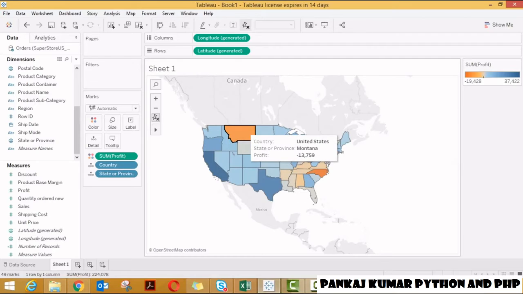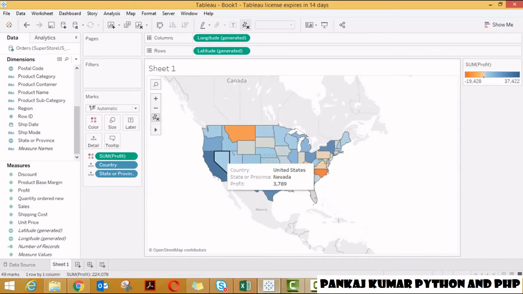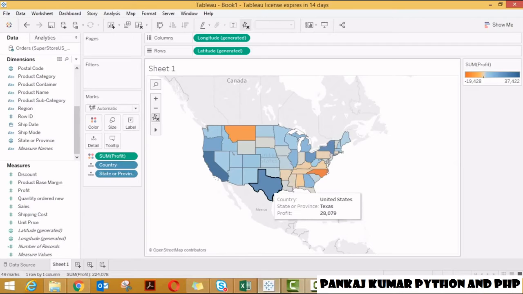If you look at this state, Montana, it has a negative profit. It means that this state is not doing well in terms of profit. But coming to California, it has the highest profit among all the states. This one contains 28,000 plus profit dollars, and this one contains 37,000 plus profit in dollars. So this is how I have added the profit to the colors just to have a clear visualization.